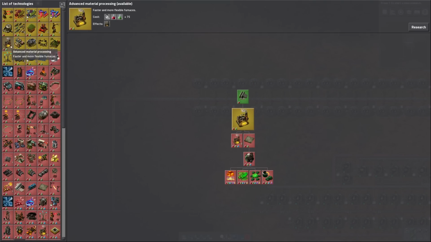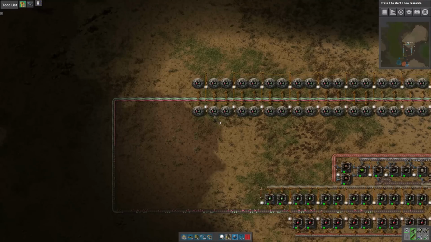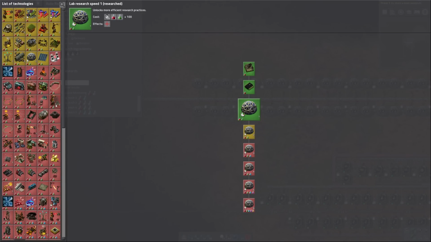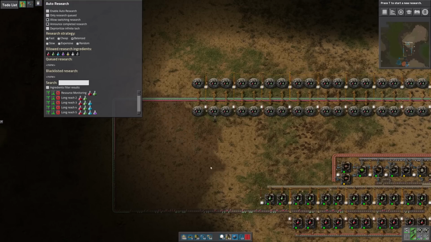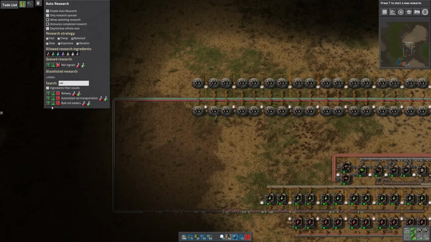Okay, so now let's do, I don't really need circuit network next. I do want to get to trains quickly, so why don't we do engines next? And let's focus on our train research. And actually, this is the type of thing where auto research comes in handy. We need rail signals, automated train deployment, and logistic train network. So let's put in rail signals,